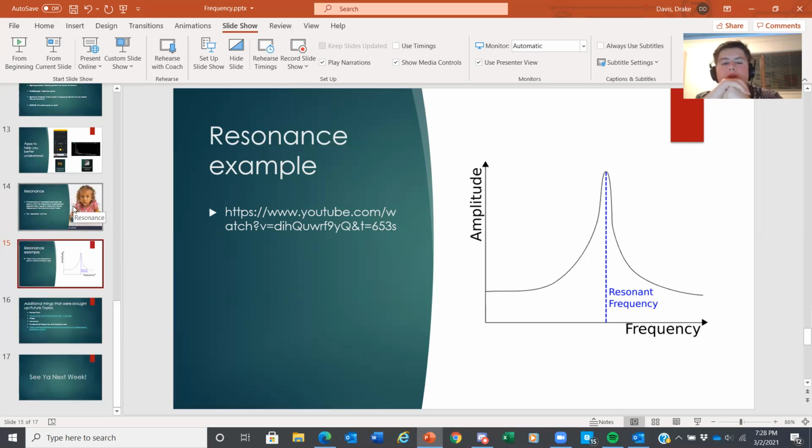Now, resonant frequency is not just applicable to the audio spectrum, 20 to 20k hertz. Resonance is very important in RF applications. As you can see here, one of the things that we did in our RF class is design what's called a resonator. So if you can apply this same logic to a circuit,